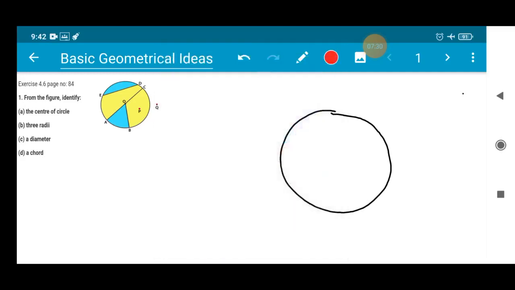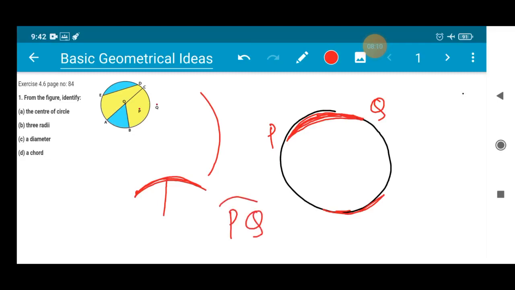Next I would like to talk about an arc. You people have drawn an arc many a time, right? You have seen arc in Ramayana, in Mahabharata, right? So arc is nothing but a small part of a circle. Suppose you open a compass. When you open a compass, you make a circle, like a semicircle like this. You can see it is a part of a circle. All right. So what is arc? Suppose this is P here and this is Q here. If P and Q are the two points, you will get an arc PQ. Okay, so we will write arc PQ like this.